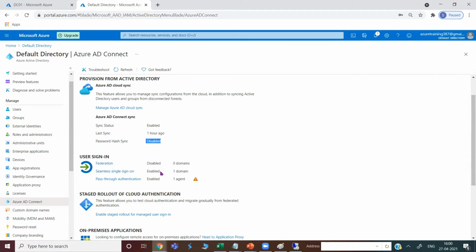Single sign-on should be disabled only, because I had some old setup. That setup I have deleted, but it is taking some time to sync up here. So by default, it should also be disabled. Pass-through also should be disabled, and it should show as 0. After some time, you will see that everything will be disabled here.